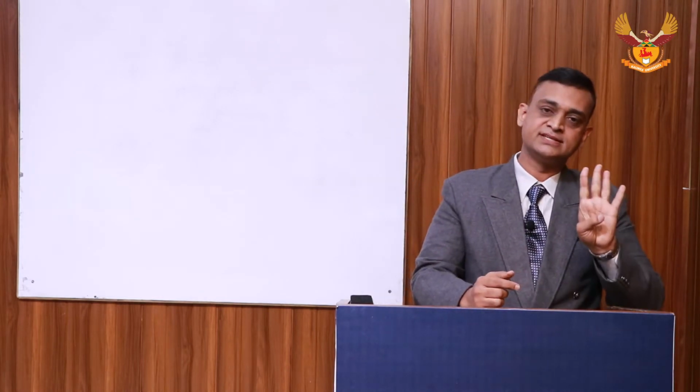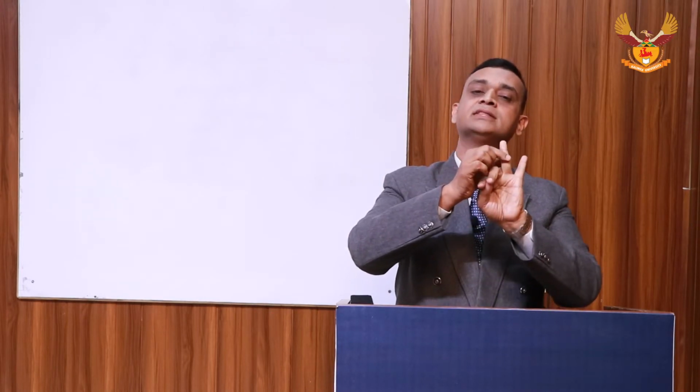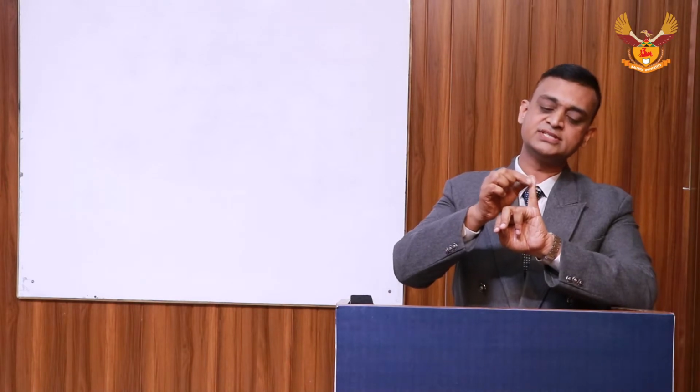Okay. Now, what does this matrix say? We have three tenses here, and four conditions here. The matrix says that this one is present simple, this one is past simple, this one is future simple, this one is present continuous, this one is past continuous, this one is future continuous, this one is present perfect, this one is past perfect, and this one is future perfect. And here we have present perfect continuous, past perfect continuous and future perfect continuous.